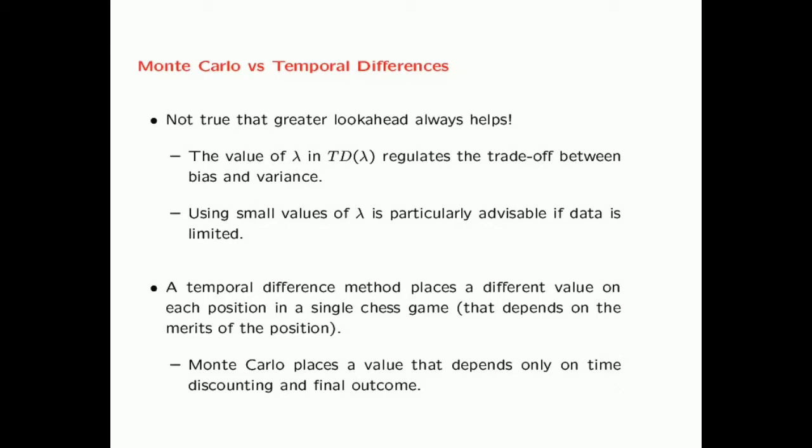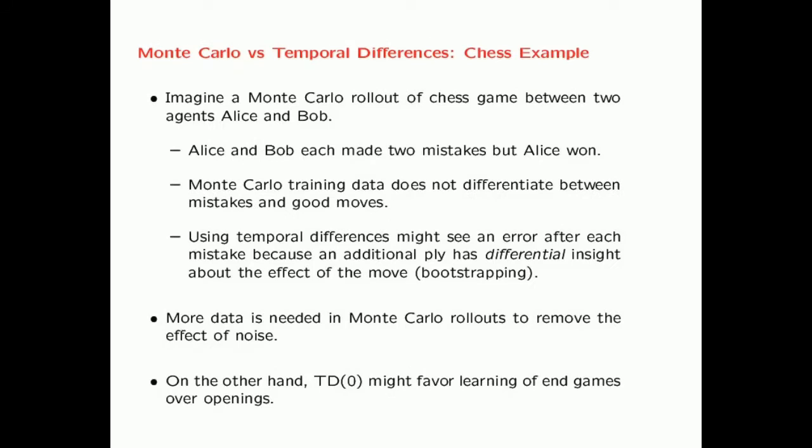So let's look at a specific example. Let's look at a Monte Carlo rollout between two agents, Alice and Bob. Alice and Bob are two AI agents. They can in fact be self-play agents, each playing using the same neural network, but from the perspective of each